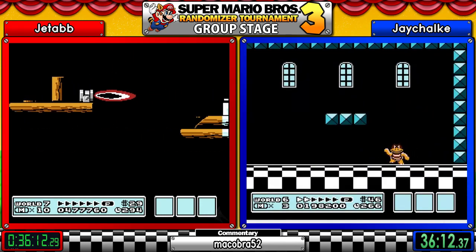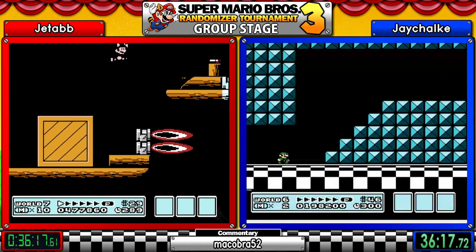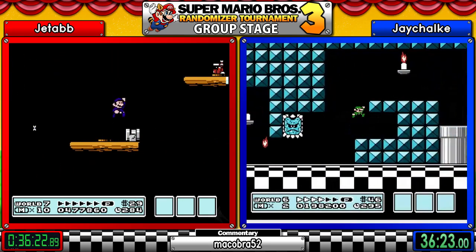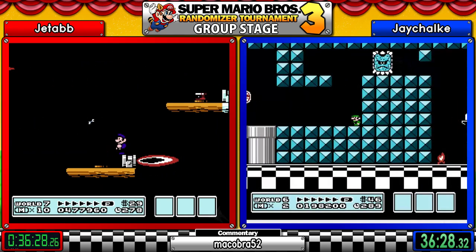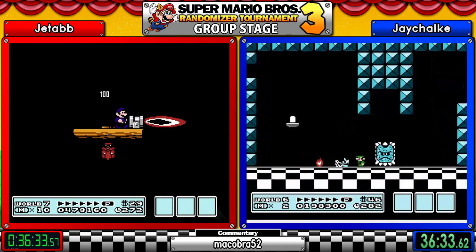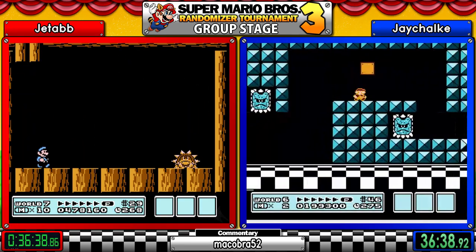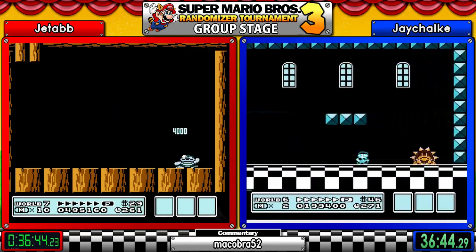Oh, Boom Boom gets a hold of Jaychalke there. Okay, so he's gonna beat the fort. And he must be hoping that that fort opens up the bridge later on, but as we know, seeing Jetabb, that is not the case this time around. So that is unfortunate for him. Yeah, Jetabb taking care of Boom Boom at the end of the Air Force here. Ooh, a little early there and takes a hit, but that's okay. He's got plenty of power-ups to...